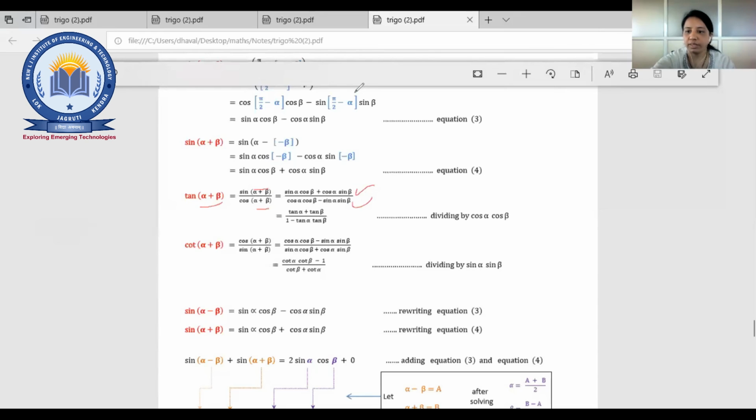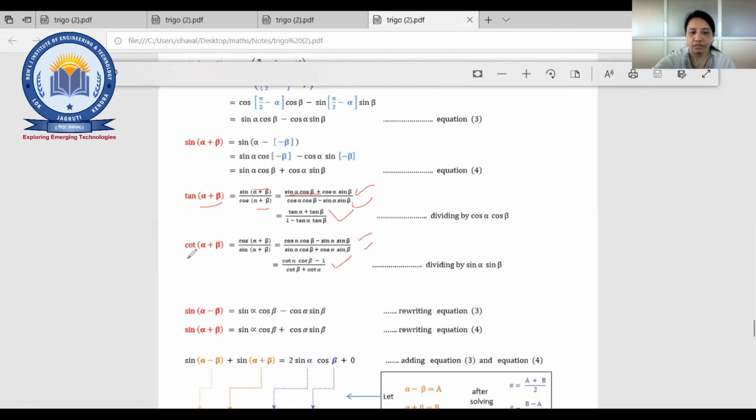Fine. What happened here? Just see from the equation, it will be clear. This is for the cos alpha plus beta and this is for the sine alpha plus beta. Sometimes it may be required. Just divide, that means write this one over the other below it, and you will get your answer.